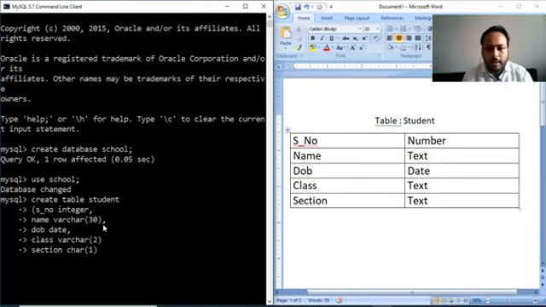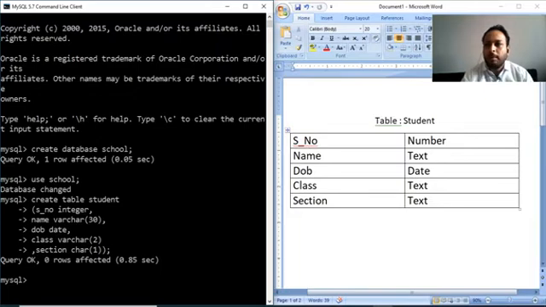Now we have to close this parenthesis, the upper parenthesis here, and at the end, there is a mistake over there. We have to put comma here because in the previous column we haven't put, and at the end we can put a semicolon and then press enter. Query OK. 0 rows affected means our table is created.